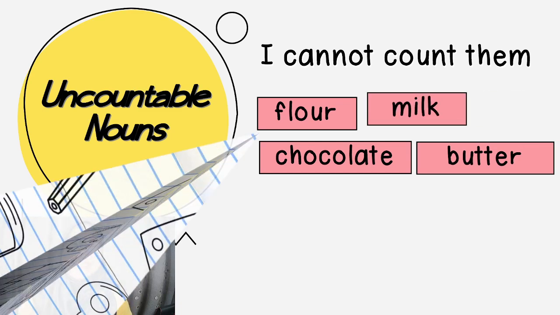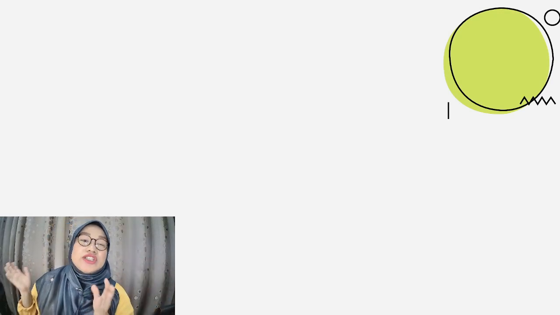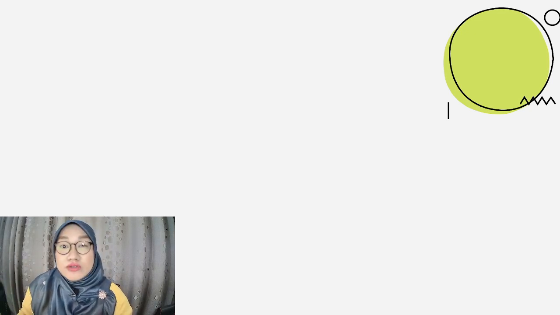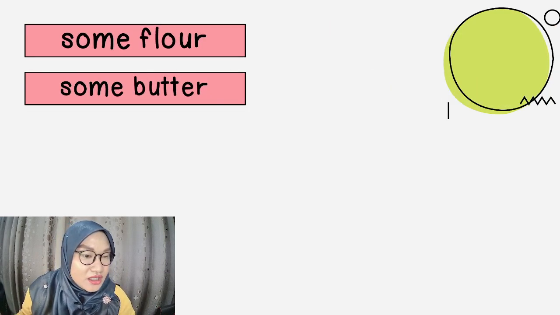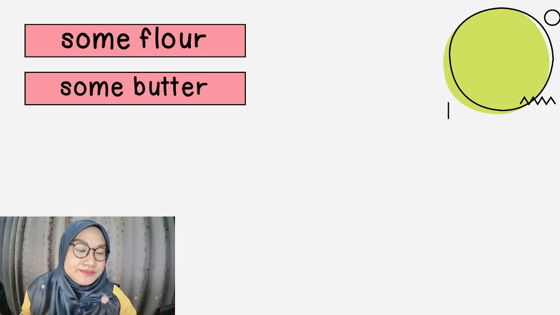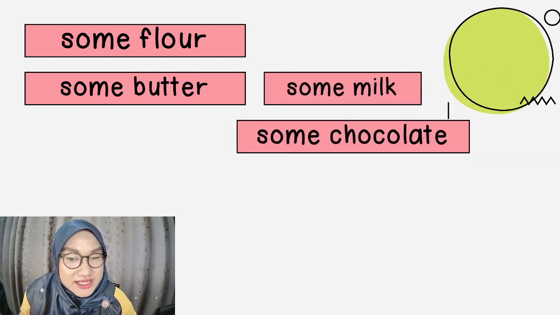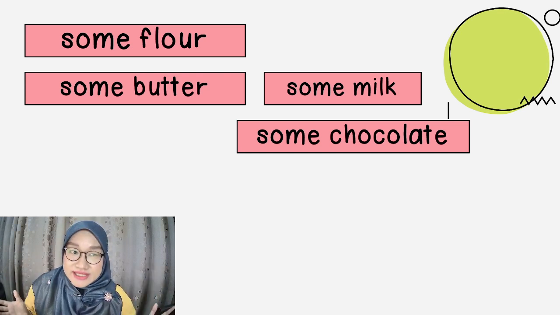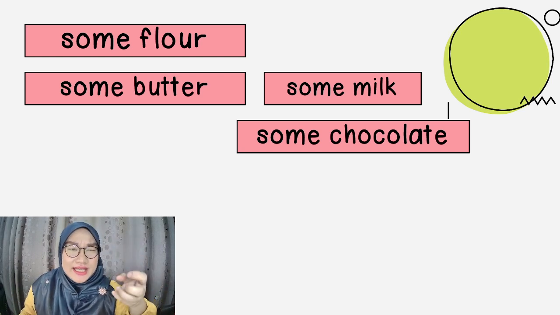Good job, everybody. And now I will show you how you have to write your answers for the uncountable nouns category, the one I cannot count them. Okay, so this is how you write your answers. Some butter, some chocolate, and some milk. And if you notice, uncountable nouns, if you have only a little, kalau ada sikit, and if